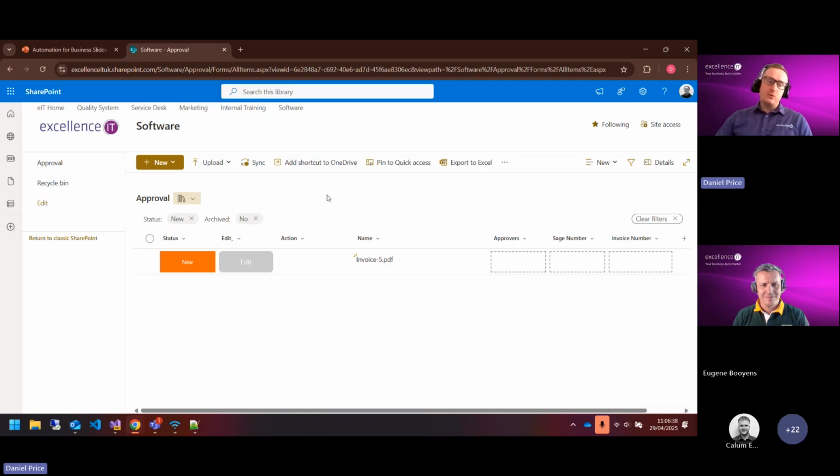This is a system that we created for one of our customers because their previous approval system was relying on sending emails back and forth, and things were getting lost, and it was just a bit messy for them. So we've utilized SharePoint and Power Automate to create this system where they can request approvals automatically, and SharePoint will